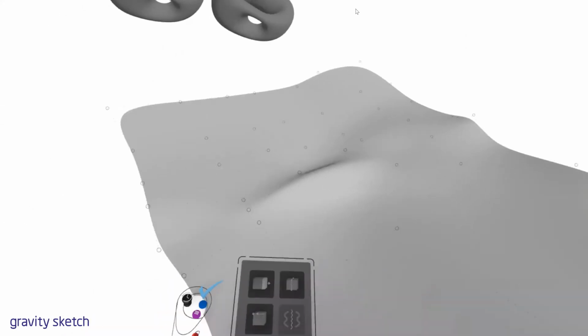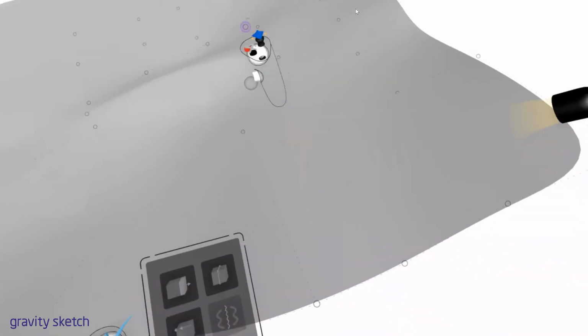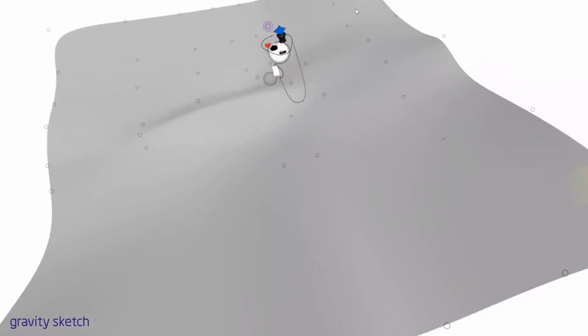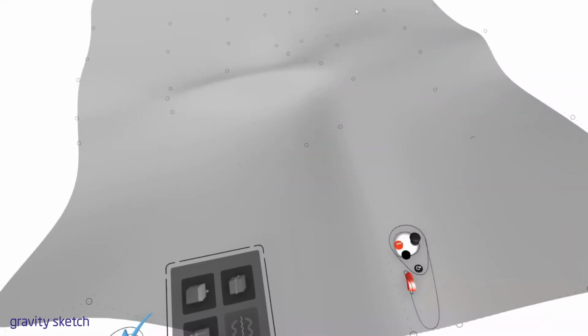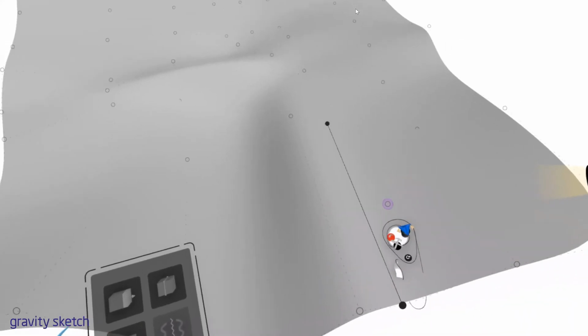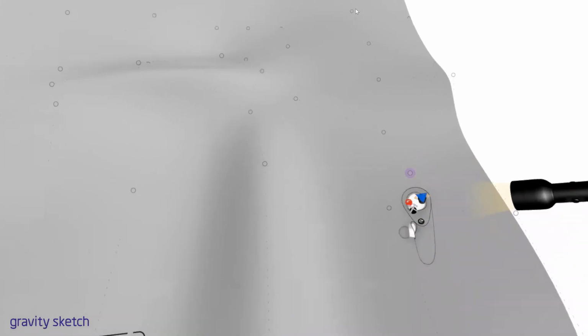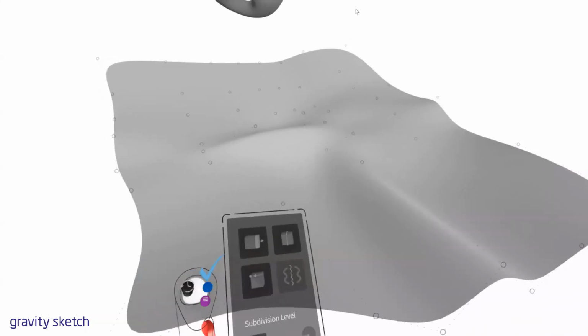We can add detail in either direction. And so let's say we want to add detail in this direction. We can click on the edge and you can see we just added another line of points here. The more points you have, the more difficult it becomes to manage this and control this. There are some tools for managing the complexity of that, but for what we're doing right now,